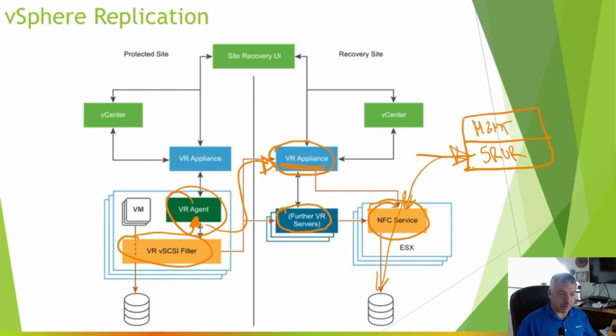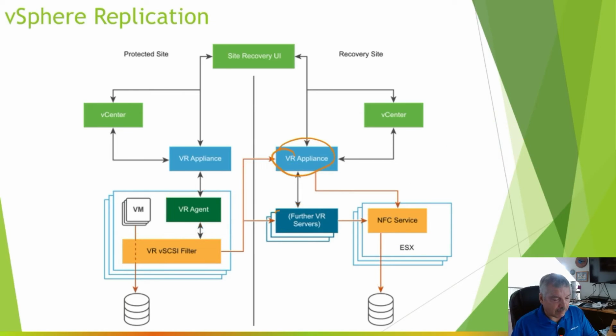So that's kind of what it's doing. Now, why do we see a replication appliance and further replication servers? This has changed over the last few releases. Before, vSphere replication could only replicate up to 2,000 VMs, and that changed to 3,000. Today, it's 4,000. That means each replication server can handle up to 400